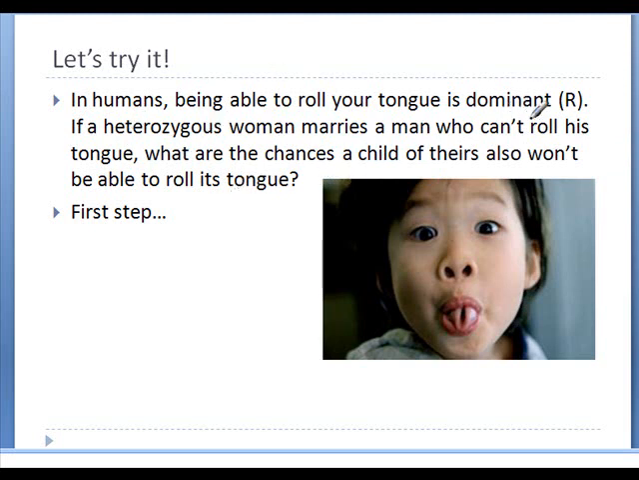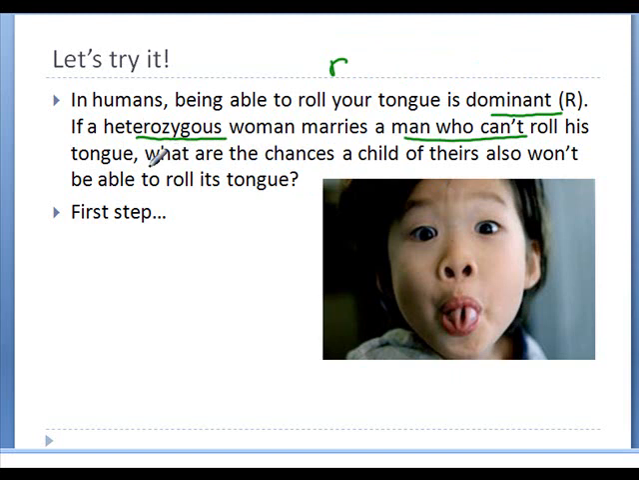So now notice we know that the dominant allele is capital R, so the recessive must be the small r. You always pick up the same alphabet, just with upper and lower case. So we're talking about a heterozygous woman. Think about it. What would be the genetic makeup of a heterozygous woman who marries a man who cannot